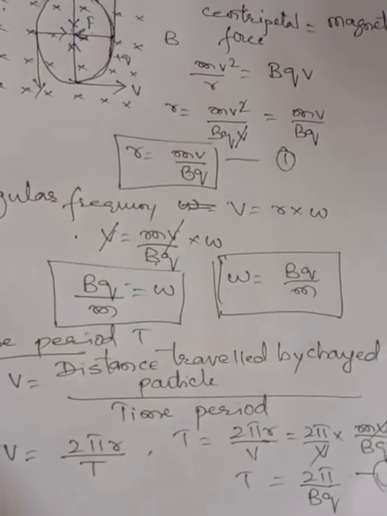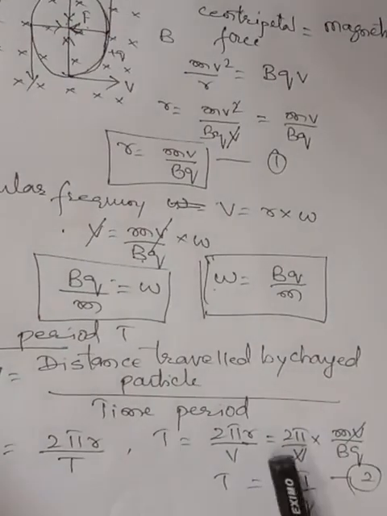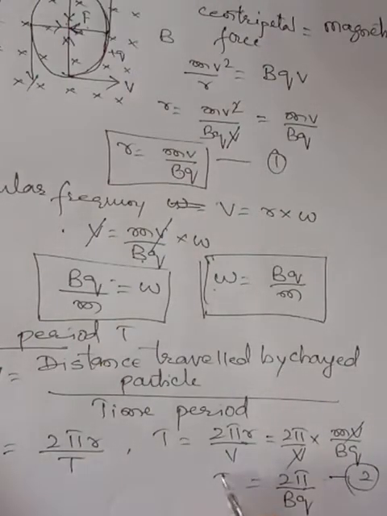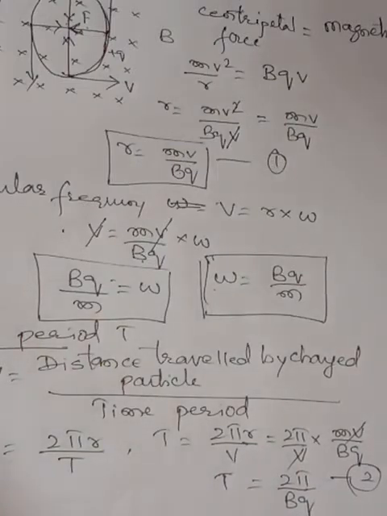we will get what? 2 pi by v into mv by bq. So vv will get cancelled. So now what is remaining here? Only t is equal to time period t is equal to 2 pi m upon bq. So when t is equal to 2 pi m upon bq,